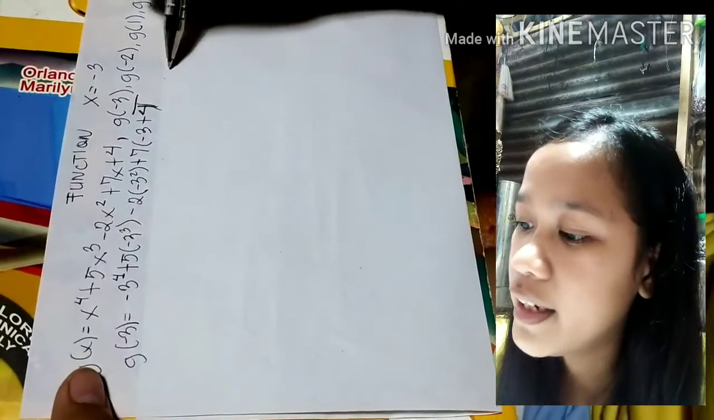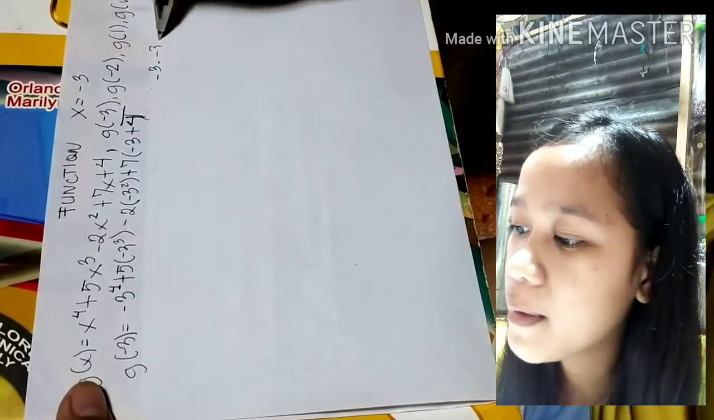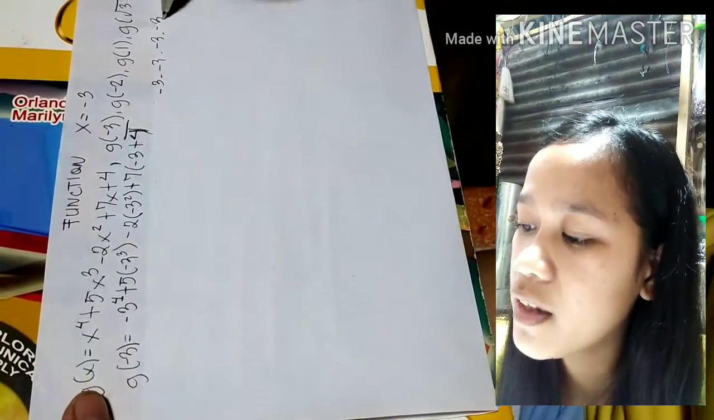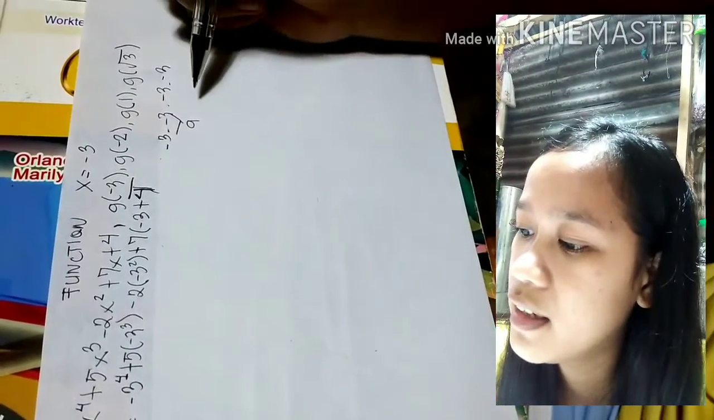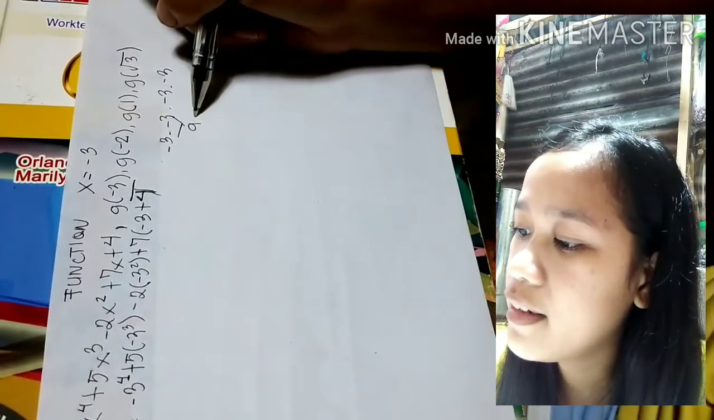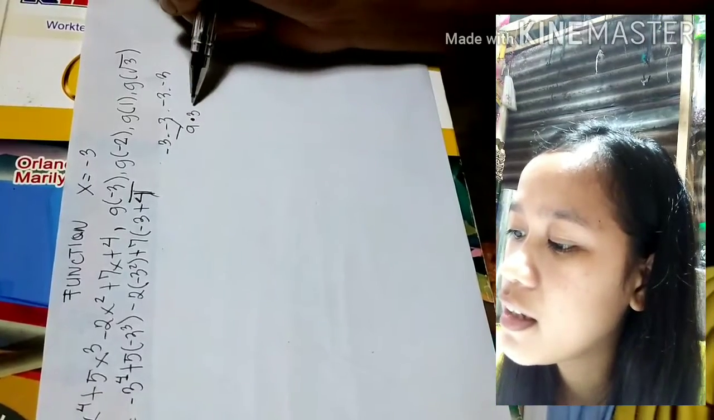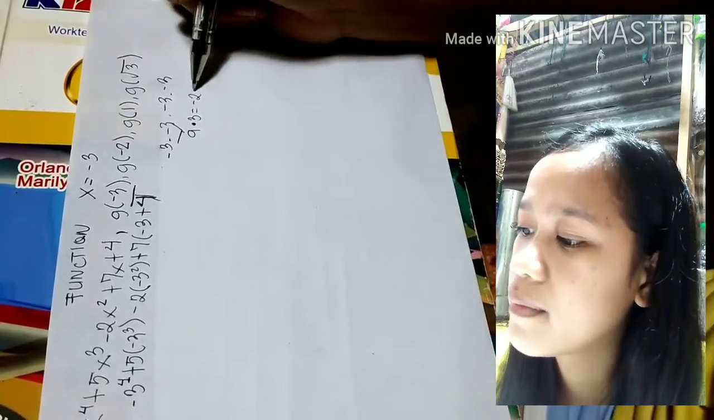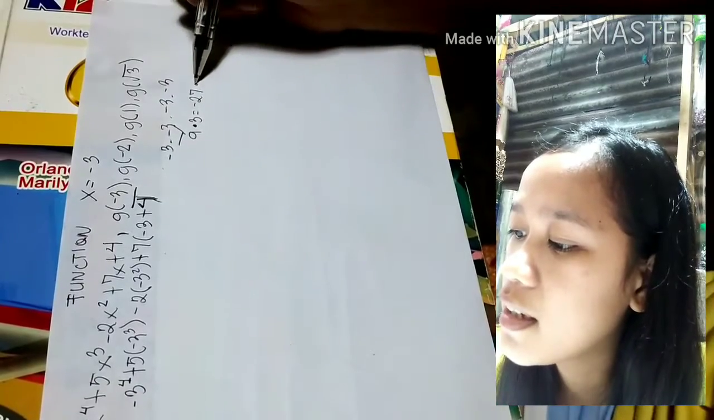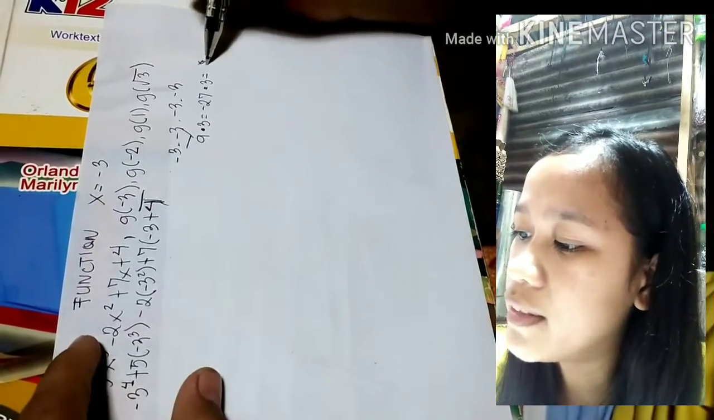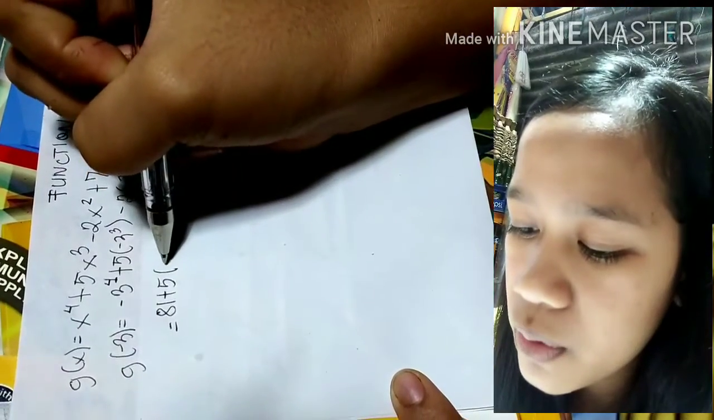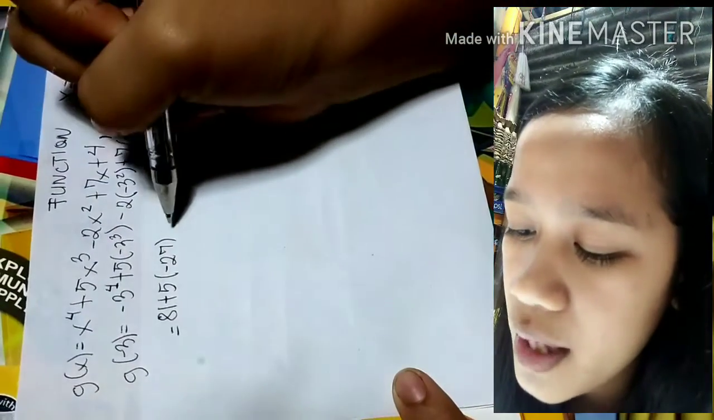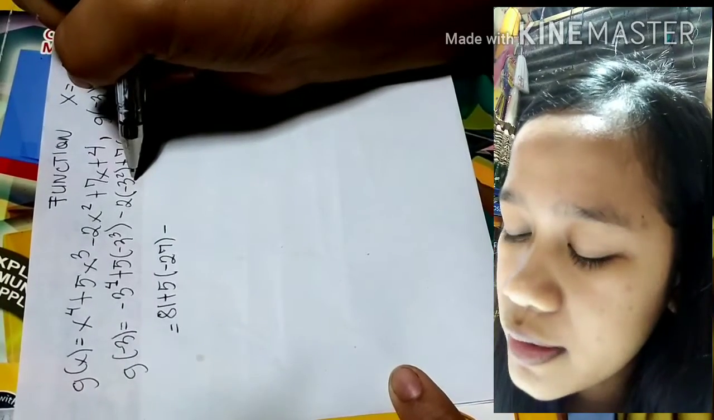For example, negative 3 times negative 3 times negative 3 times negative 3. So negative 3 times negative 3 equals positive 9. Then positive 9 times negative 3 equals negative 27. Negative 27 times negative 3 equals positive 81. So 81 plus 5 times negative 3 cubed equals negative 27 minus 2 times negative 3